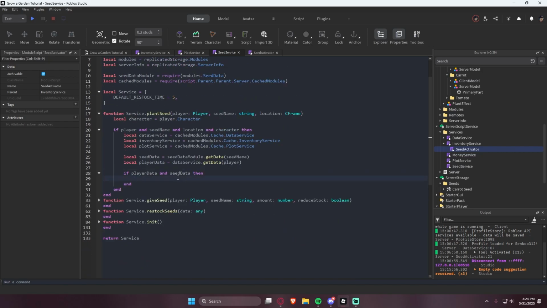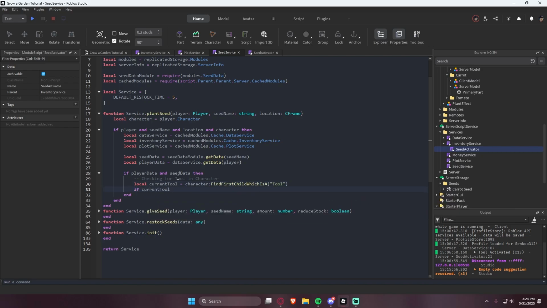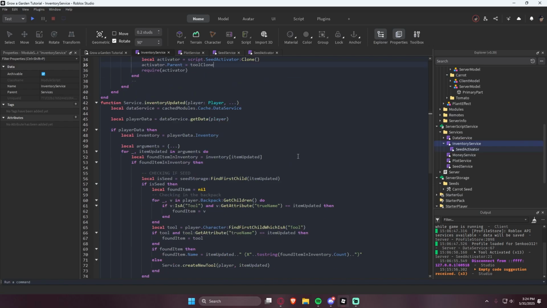So the first prerequisite we want to check off is seeing if the tool is actually inside of the player. So let's add a comment here called checking for tool and character. We can say local current tool equals character, find for child, which is a tool. And if the current tool is there, and the current tool get attribute is seed equals true, which if you recall in our inventory service,